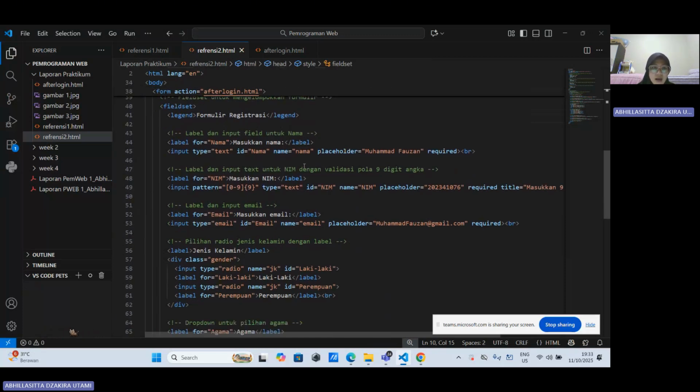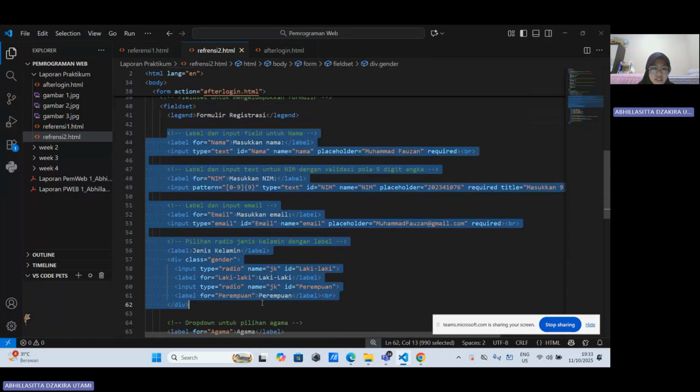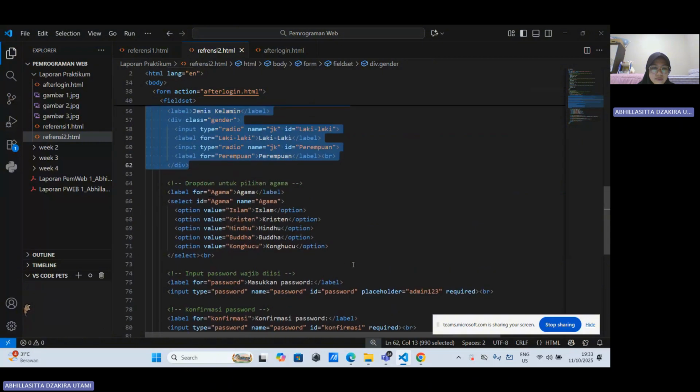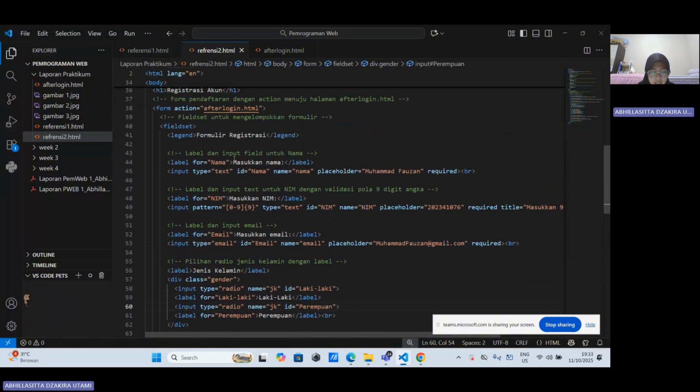After that, I use labels in this section. The first label is for the text input for the username.